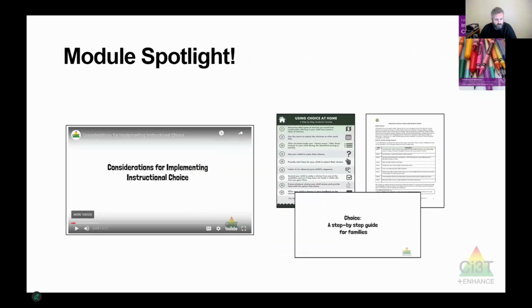So as we're moving through the next steps here, we do just want to give a plug that inside the module, we have a bunch of additional resources that you could use if you love choice making and wanted to share it with maybe even students' families. If you're a special education teacher or a teacher who has parents coming to you sometimes and saying, I'm struggling with my child during homework time, for example, it would be a great idea to help that parent think about how they can use choice making at home. And if that's of interest to you, we've got videos that you can share. We've got parent-friendly infographics and a practice guide that all can be downloaded and shared at your will. So if that's something that comes up in your practice that you wish you had resources on, just know that those are there for you as well.